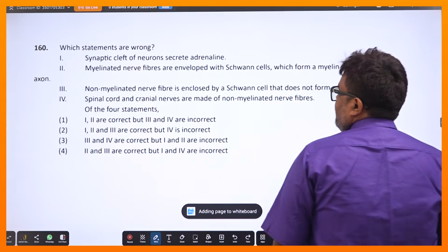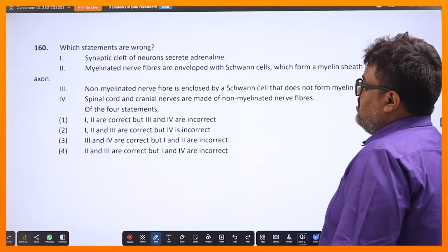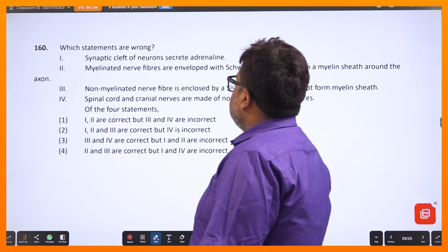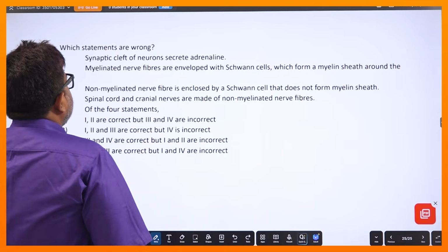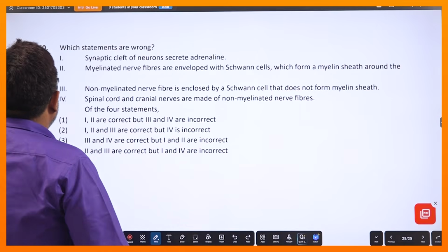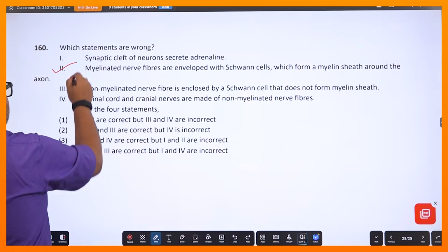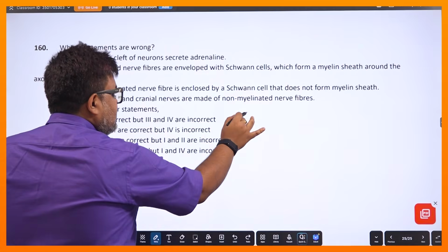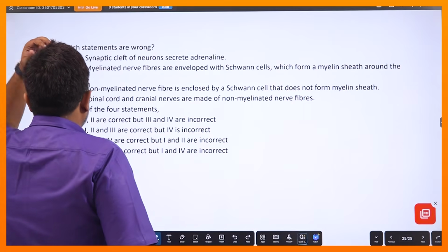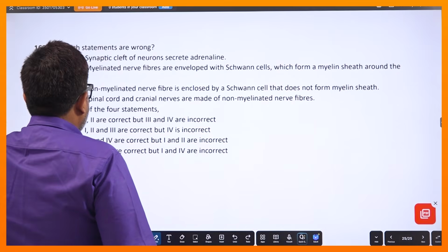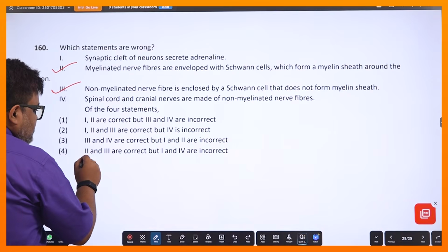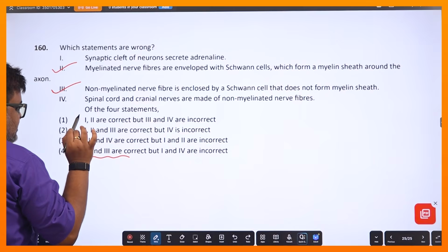নেক্সট যদি আসি, হুইচ স্টেটমেন্টস আর রং, এসব বলেছে সিনাপটিক ক্লেফট অফ নিউরনস সিক্রিট অ্যাড্রেনালিন, myelinated nerve fibers are enveloped with Schwann cells which form myelin sheath around the axon, এটা আমাদের এনসিইআরটি লাইন। নন মাইলিনেটেডও Schwann cells থাকে কিন্তু মাইলিন শীথ তৈরি করে না, এটাও কারেক্ট। ঠিক আছে, তো এবার আমাকে বলেছে তাহলে এই দুটো আমার মোটামুটি কারেক্ট মনে হচ্ছে, তো 2 আর 3 হচ্ছে কারেক্ট। ঠিক আছে, আর তাহলে